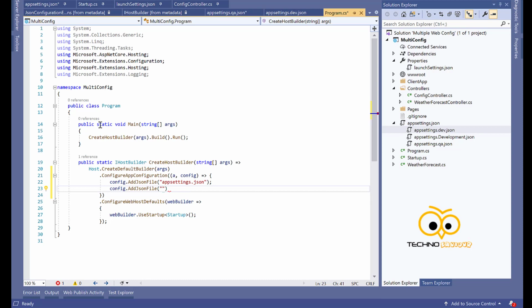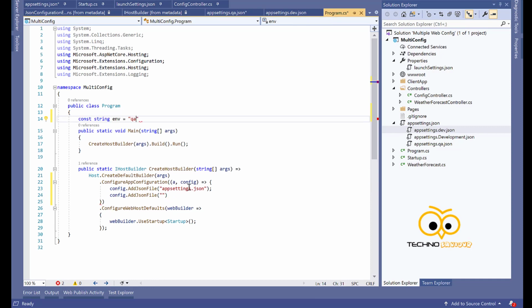So let's create a variable environment. So how can we control that? I'll create this appsettings.json. Now here I will decide which environment to load, and that will be based on the environment variable. Okay, I missed a semicolon.